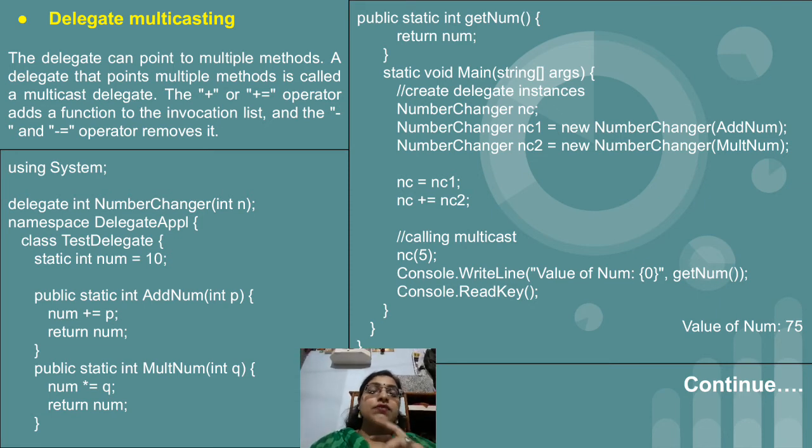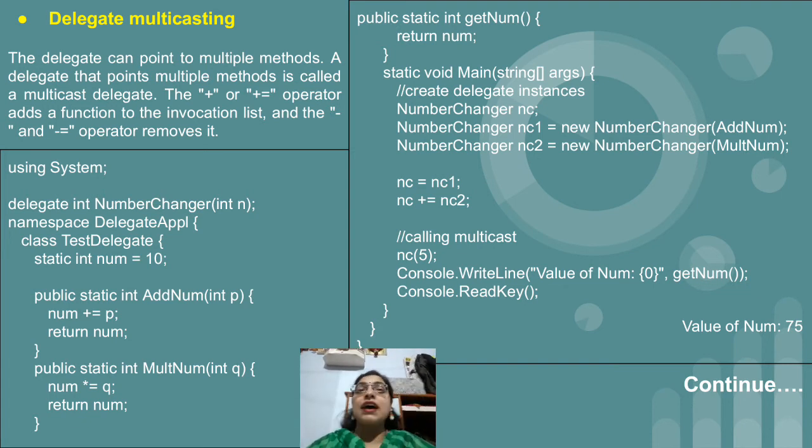Now we have seen we are having two delegates, so for the same we have created two methods for the respective delegate, and then at a time we have passed only a single object, and then we have just invoked the delegate. But if to the same single object you are passing a reference of multiple methods, then it is called multicasting. And basically multicasting is done with the help of the plus or plus equal to operator.